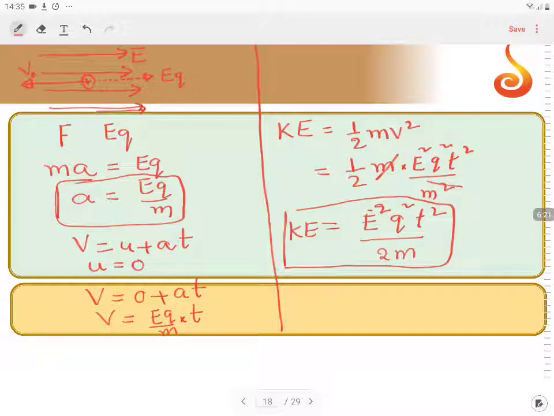On the same concept, a similar question can be framed on the negatively charged particle also. So students, remember, what is the time taken by the charged particle to reach the same initial point? So this is how they may ask one more question on this concept.